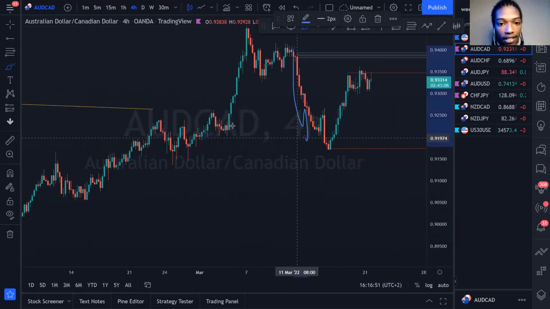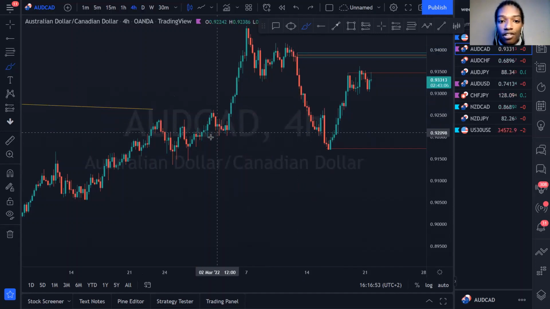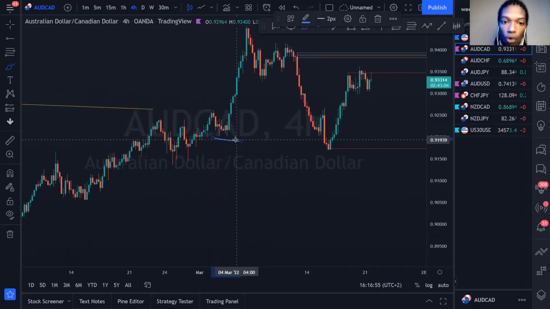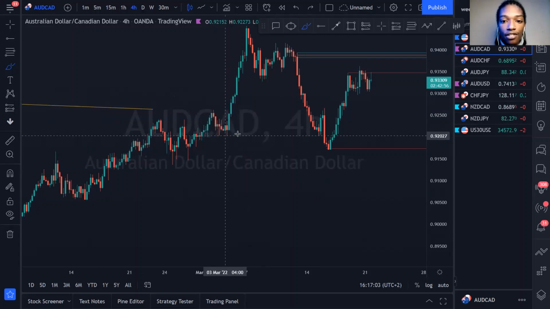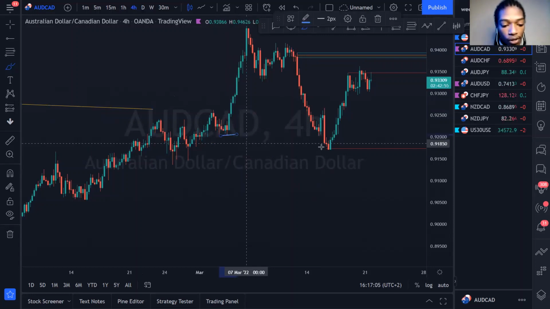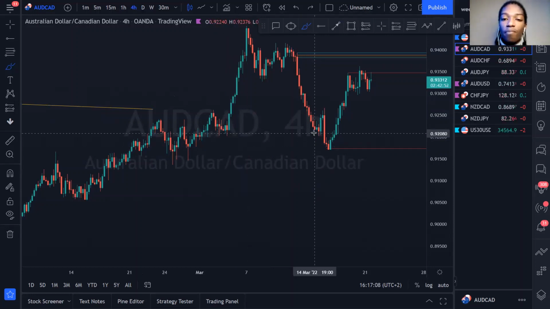We have even violated these nice 4 hour support structures over there where we were expecting prices to hold if this bullish trend was strong enough. We were expecting these 4 hour support structures to be holding. So since we've seen prices violating these support structures on a 4 hour and giving us some new lows, we're going to be expecting price action to maybe want to come down and fill some lower price